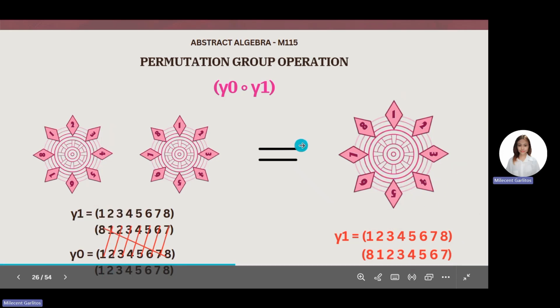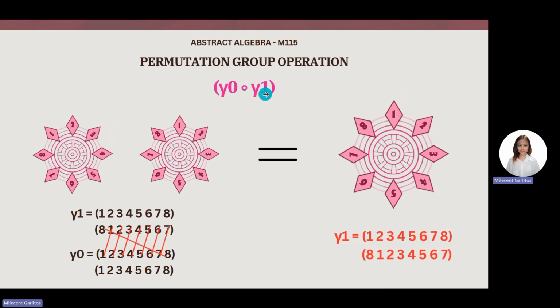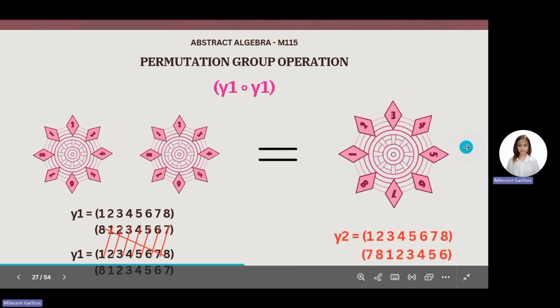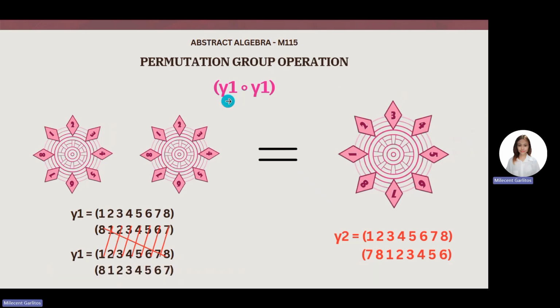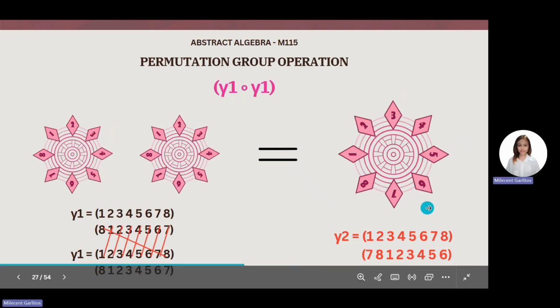So 1 sub 1 would be 1, the 1, 2 is 2, and so on and so forth. So if we were to perform gamma sub 1 to gamma sub 0, 1 would remain. And gamma sub 1 to gamma sub 1, it would be gamma sub 2. Why is that? Because if we were going to perform 8 and then map it to 8, we would find 7 in here. So 7 would be the one in the first number. So same goes 1 to 1, 1 would be 1. A 1 would be 8. So that same goes to all of the operations that we will perform.